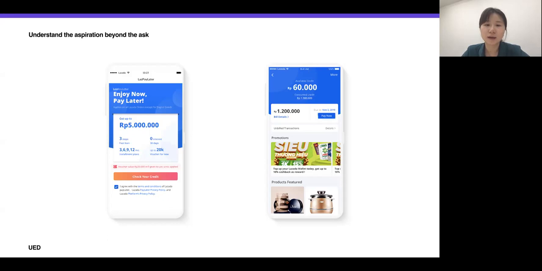We also played a little trick of playing around with the content and testing it out with different A/B testing to see which one would make better sense for this local market. And I also want to highlight one of the key interfaces we had for Paylater, which is the bill display and the credit.